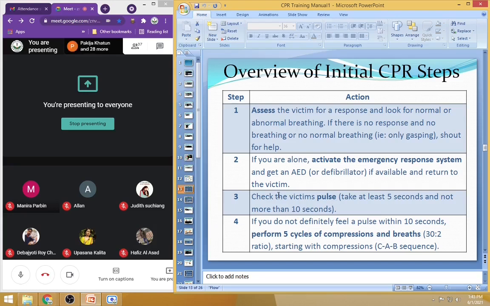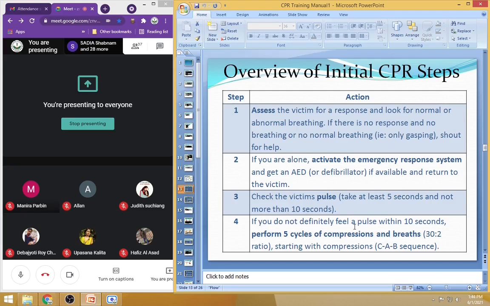So within that 5 minutes we have to restore the circulation, and in doing our other things we should not miss even a single second. To check the pulse we need at least 5 to 10 seconds, not more than that. If you spend 1 minute here and 1 minute there, then that 5 minutes will be gone, and once the person has gone into brain death, we can't do anything. So before brain death, we have to take these steps. Even half a second is very important.